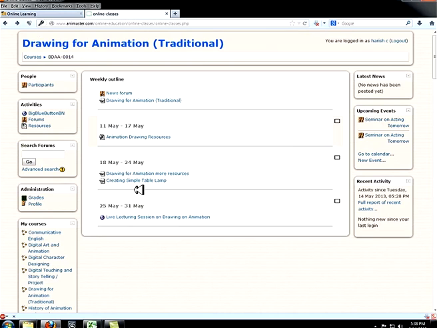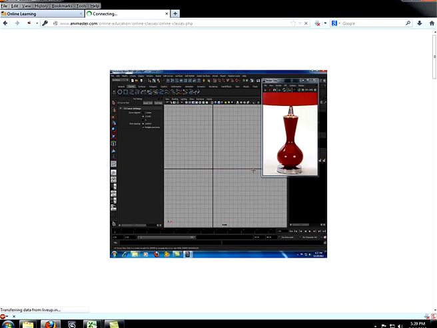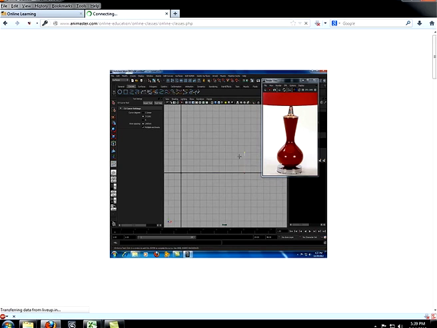Also you find one of the videos done by the Animaster faculty here, creating a simple table lamp. If you hit this link, it will take you to the recorded video of his online training session. To this point, I'm just going to go up. Click another one or two points so that we get some sharp edge here rather than having a very smooth edge. Okay, that may be two.